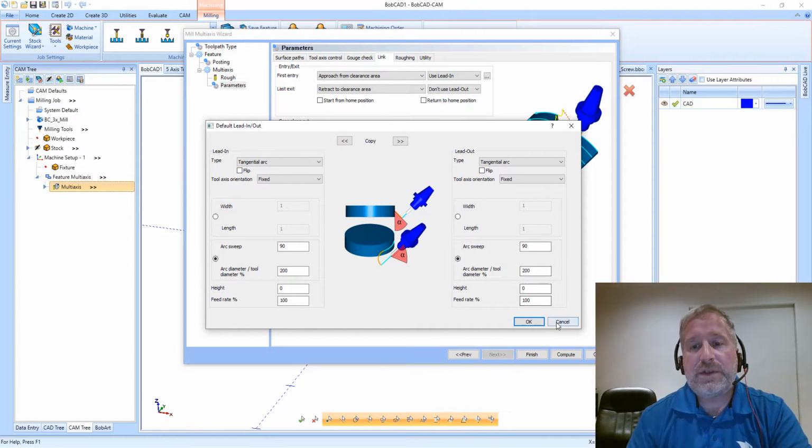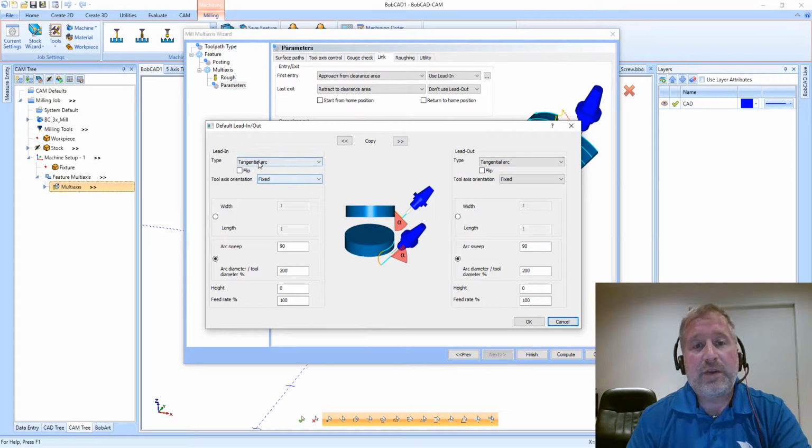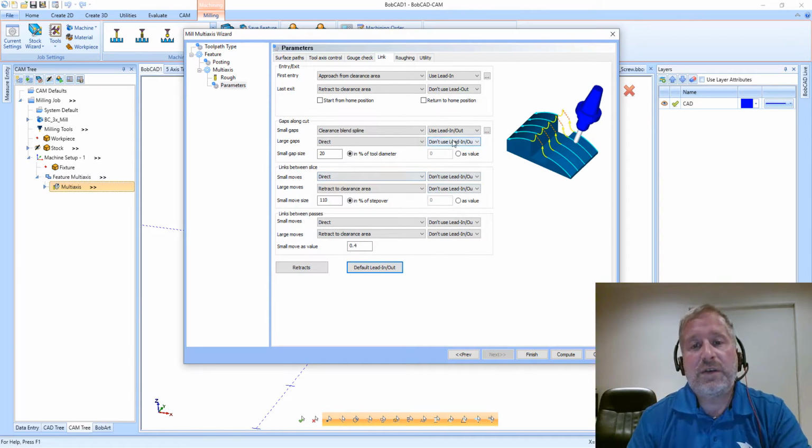And why we have this in two different places is because you can individually set the type of lead in or lead out to be used for each one of these options. But if you don't want to set that over and over for all these options, then you can simply come in to the default lead in, lead out, and you can set the lead in on the left, you can set the lead out on the right, and once all those parameters are defined, the system will simply use those